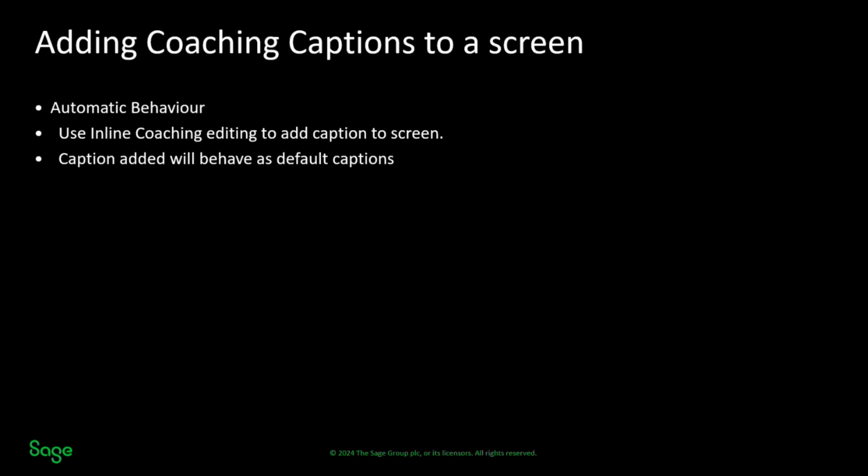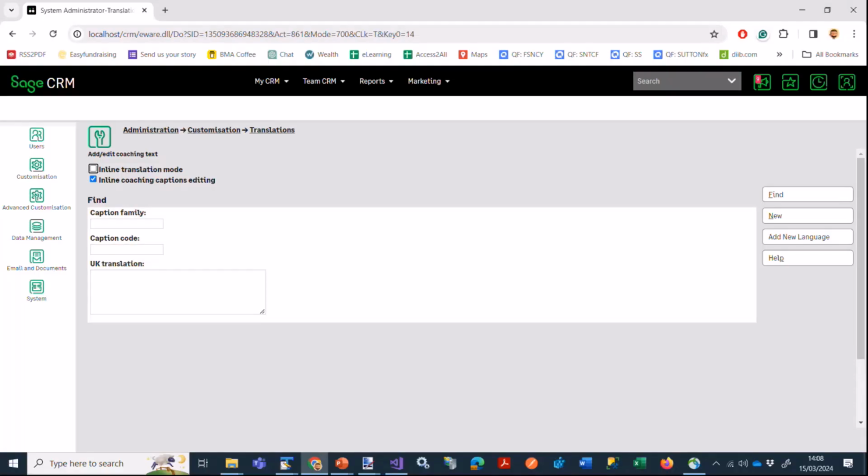Our pages can also be really extended so that we can now have all of the user interface instructions that we need. So we can add coaching captions into the screen, very simple to do. It behaves just as if it's a system page. This is why it's nice to use these for integrations, so it's as though you're not leaving CRM. It behaves completely like it. Here, this is a standard feature where you can go into Sage CRM, choose to use